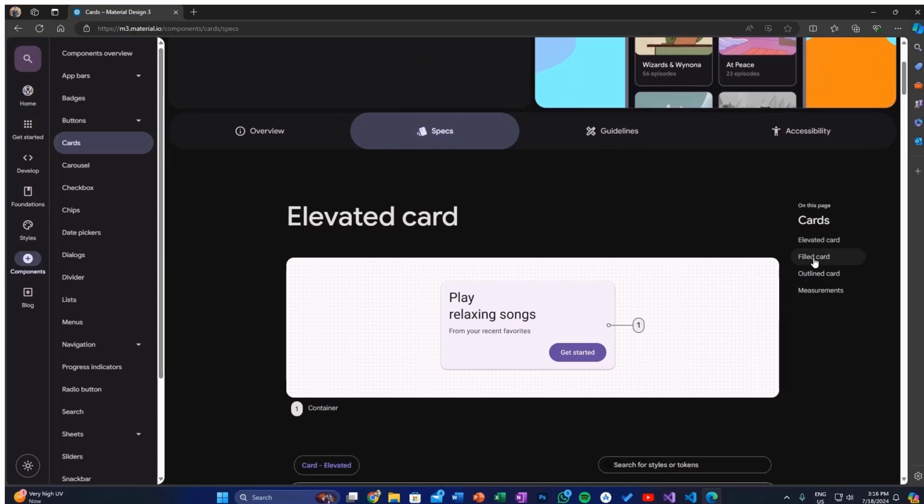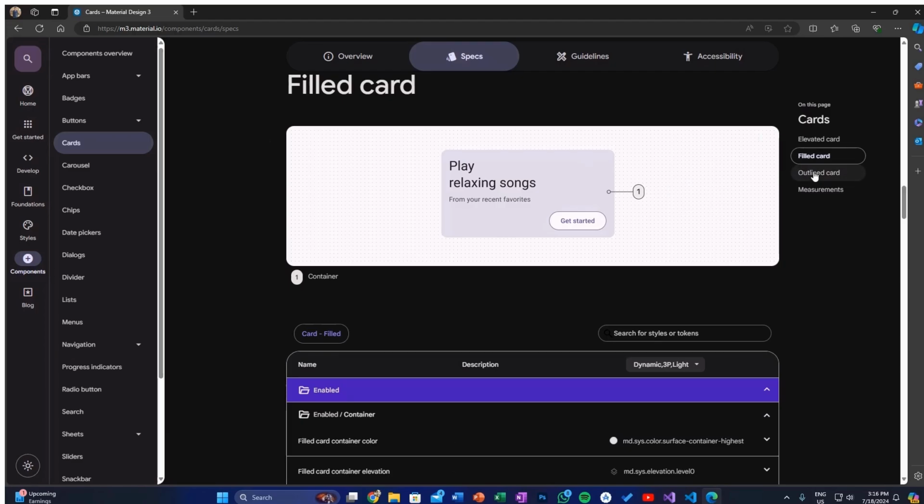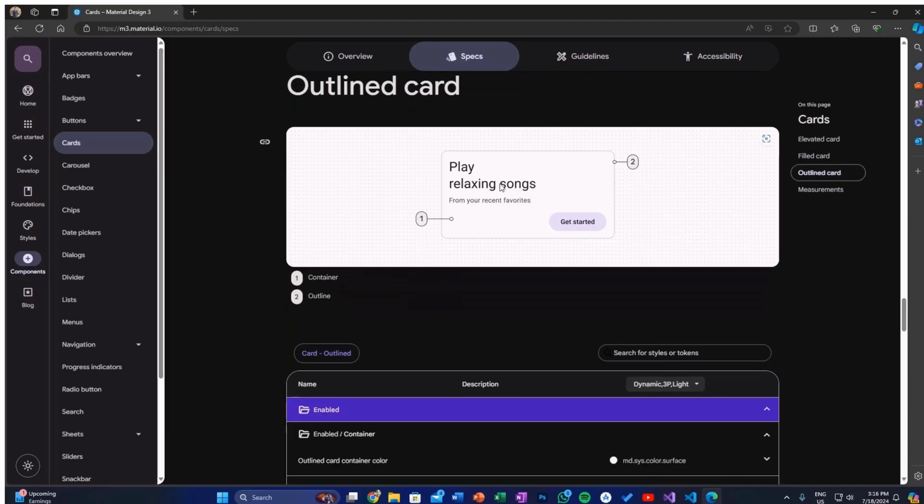the applications right now. And you also have filled cards, which have a different color inside and another color in the background. So this is a filled card. And when you see an outlined card, you'll have the same color as the background, but you'll have an outline for this card view. So let me get into the code and show you how to implement a card